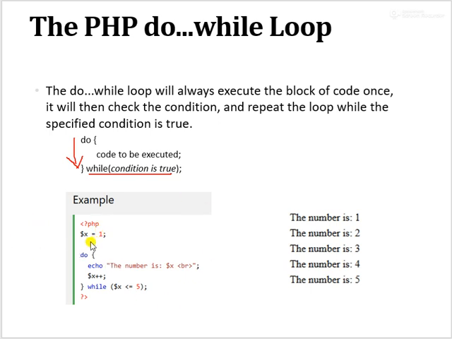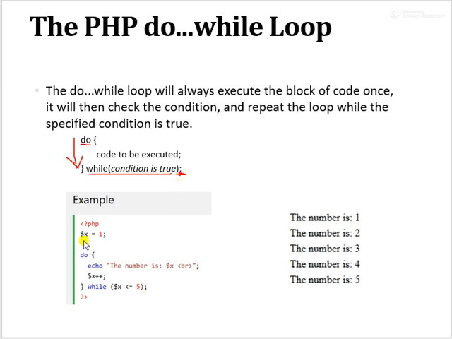Okay, like here we have an example. We declare a variable x equals 1 and then we use do loop. Another thing, after while we provide condition, and after condition there is need to put this semicolon. This is the syntax. Do is the reserved word, then all the statements you write inside curly brackets. By the end we have while as a keyword. Inside bracket we provide condition and it should end with this semicolon. Semicolon is important after while, otherwise it will be a syntax error.